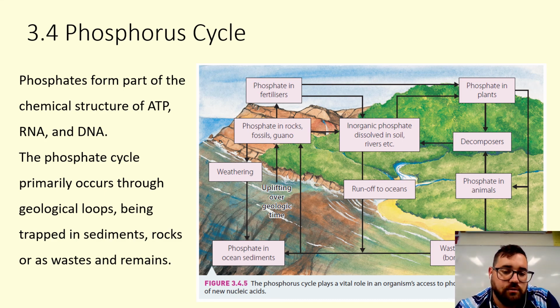The phosphorus cycle is also very important. We need phosphorus for ATP, which is how we get our energy, and we need it for the phosphates that make up the backbone of our DNA. It happens mainly through geological loops. It doesn't really cycle through living things all that much. It's mostly inorganic,